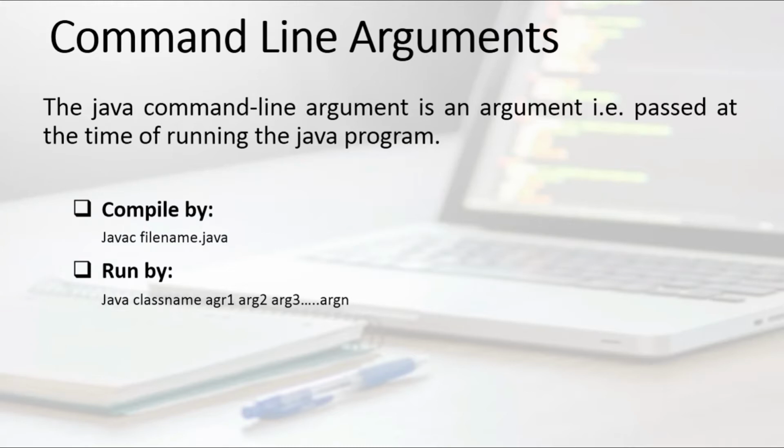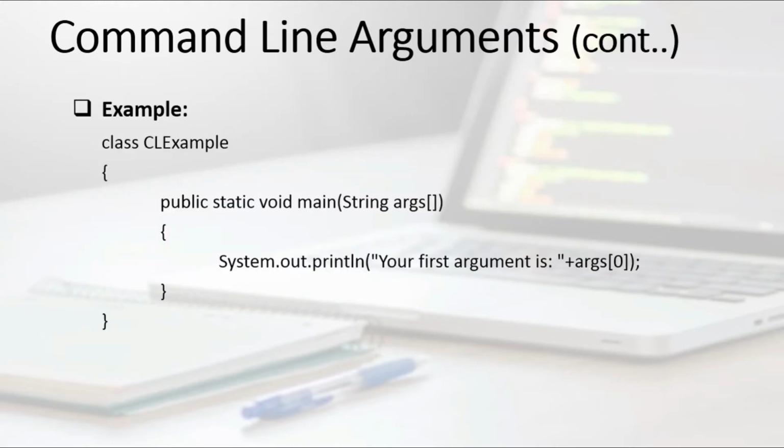Let's understand this with the help of an example. In this example, I have simply written the class name, public static void main, String args. With the help of this, we can pass the input to the user using command line arguments. Here I have written System.out.println, and the first argument is in double quotes, which means this line will simply be printed as shown on your screen. Now as a concatenation, I have used the plus operator and written args of 0, meaning args as an array. 0 indicates that the index is the first. Index 0 means the value that you pass the first time will be passed as args of 0.